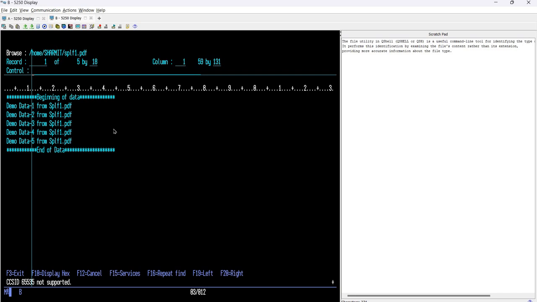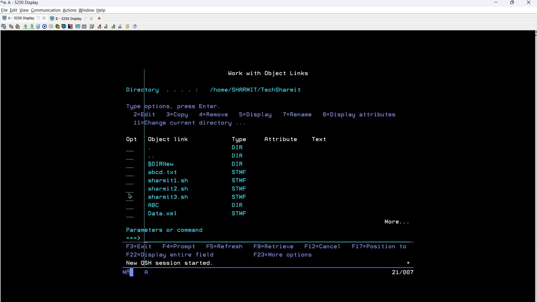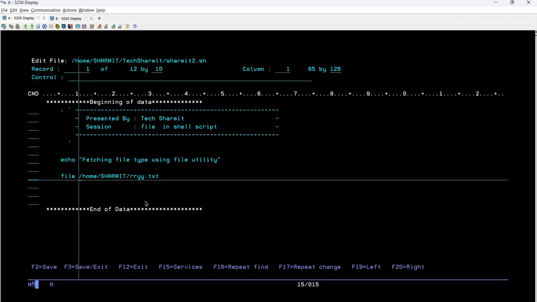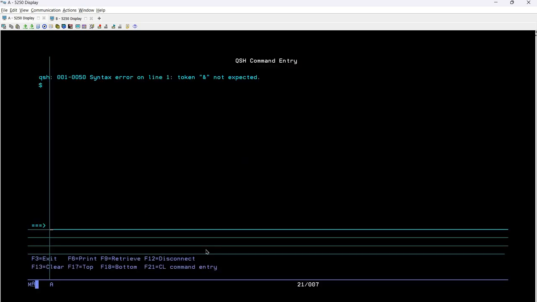Right now you can see this file's extension is PDF, but it is not containing PDF data, it's not an actual PDF. So let me show you. We will try to check the file type of this. Let me paste it here. What we are doing right now is checking the file /home/sharmit/splf1.pdf, F3 for save, F3 for exit. We'll go to session qsh, then /home/sharmit/tech sharmit/sharmit2.sh,